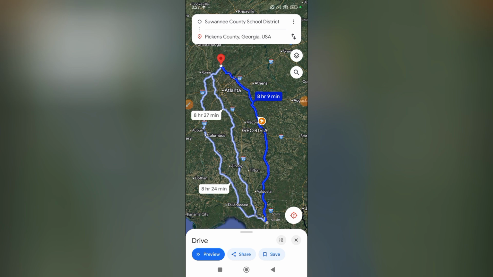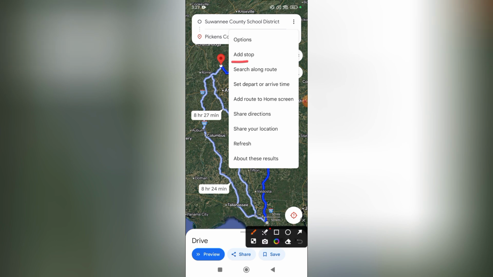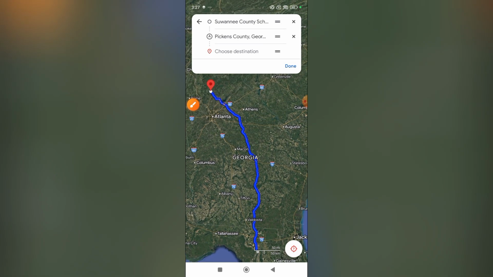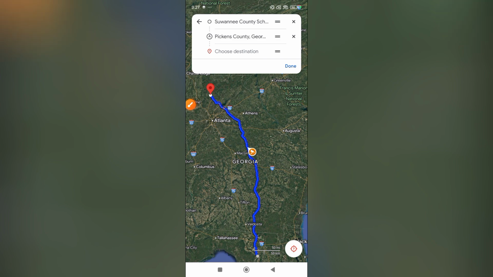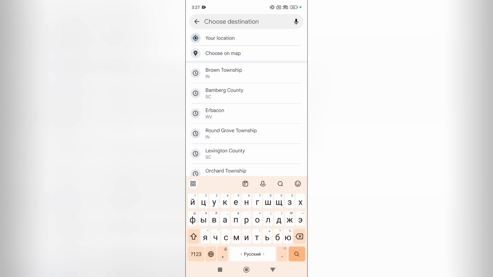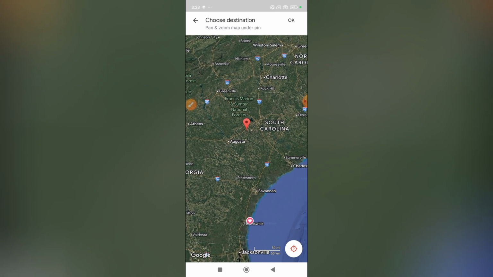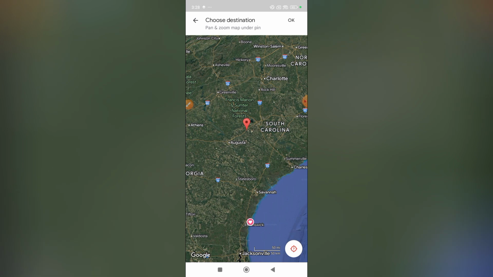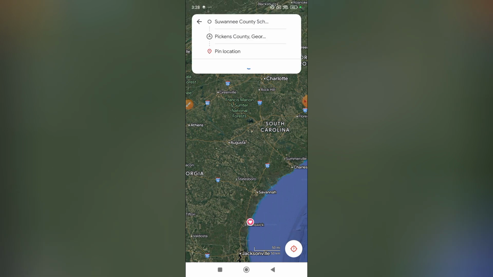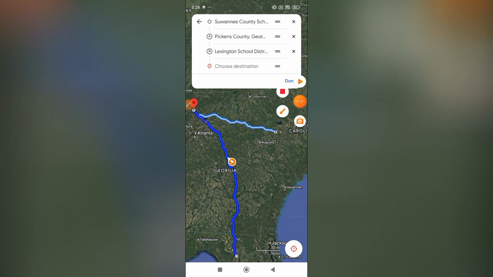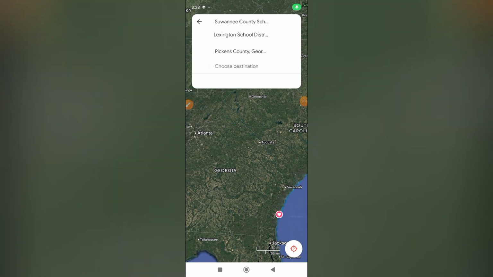But what if we need to stop at several more places? Tap on three dots, add stop, choose directions, choose on map, change the stops,